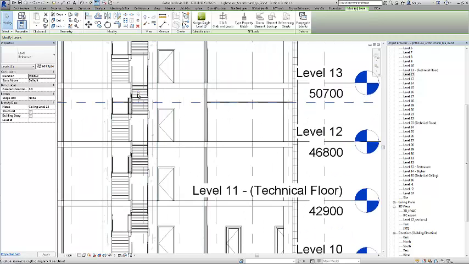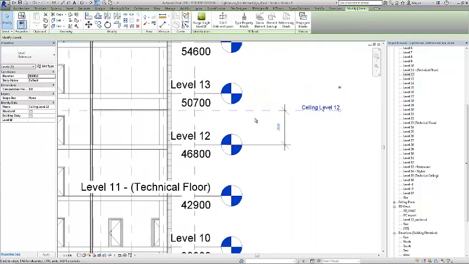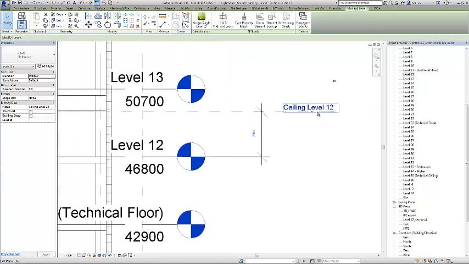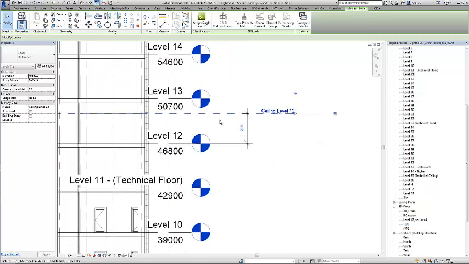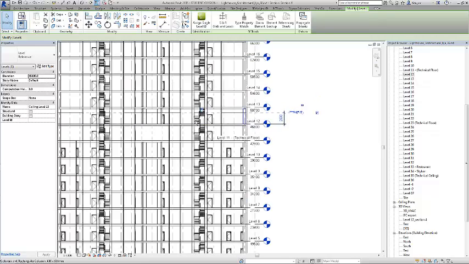I have locked this level to the ceiling, so if the architect changes the height of the ceiling, the engineer will get a notice in his MEP model, because I will make a copy monitor for the level. For the level I use, I can copy monitor, and I will show in the next video how to do this and how to use this